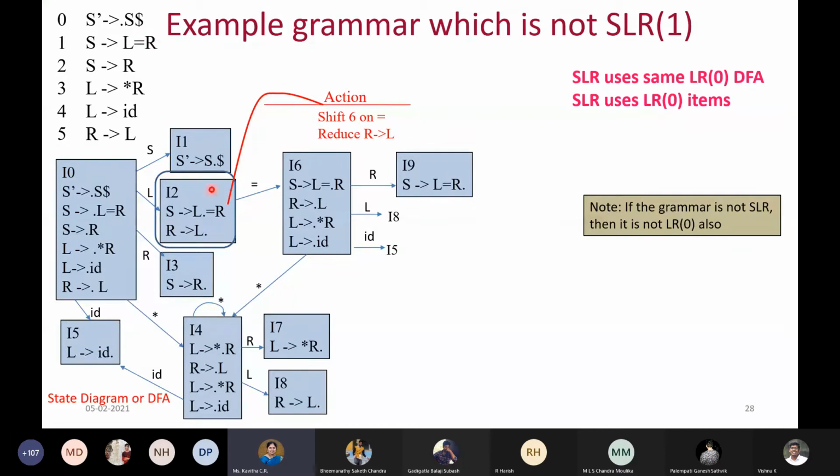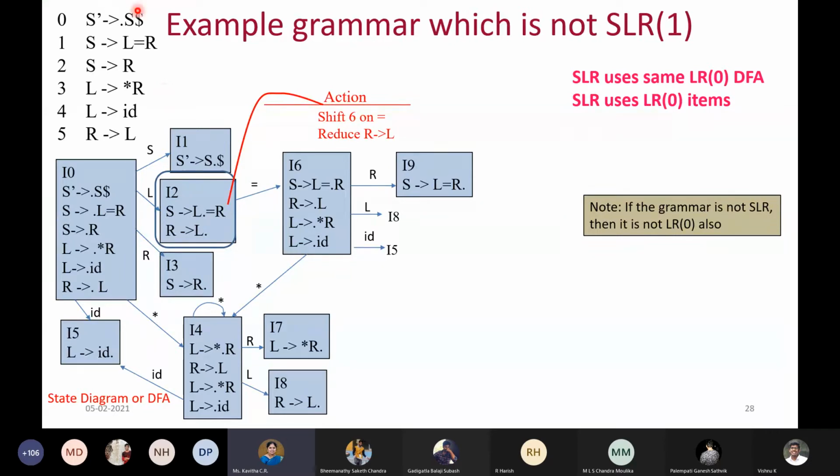So what is the follow set of R? You can find it. Now, here you see, verify where all R is present. R is present here. R is also present here. Means R can contain the follow set of S, and R can contain the follow set of L. Actually, in fact, it is the union of these two. Follow set of S union follow set of L makes the follow set of R. So I should know the follow of S first, then I should also get the follow of L, and then I can get the follow of R.